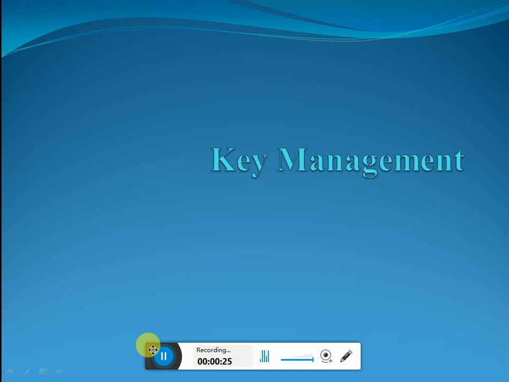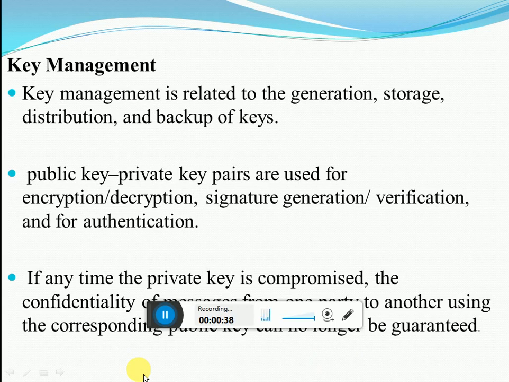Basically, this system is for the algorithms where public and private keys are used. Consider a situation where party A and party B are communicating with each other using a public key algorithm. So that means whenever A wants to send any message to B, A is going to use B's public key to encrypt the message and send the message in a secured fashion